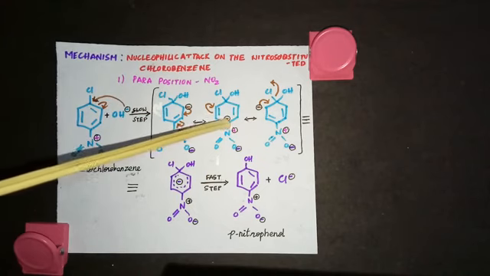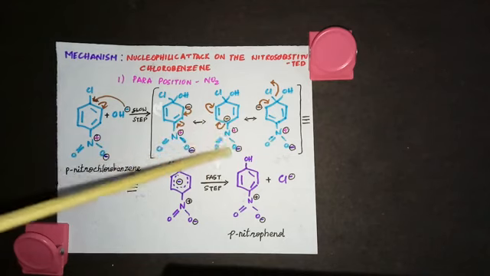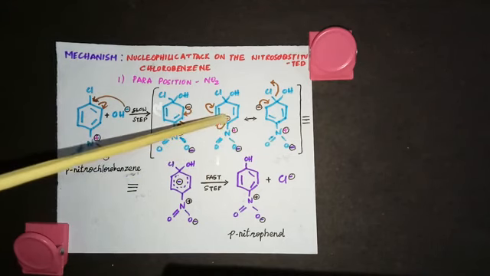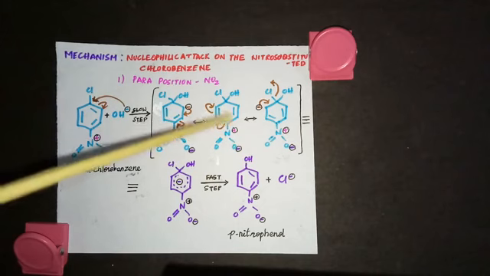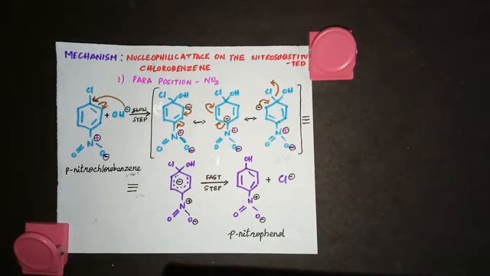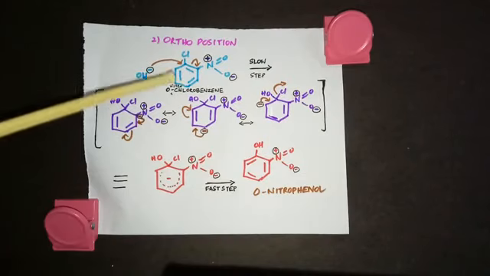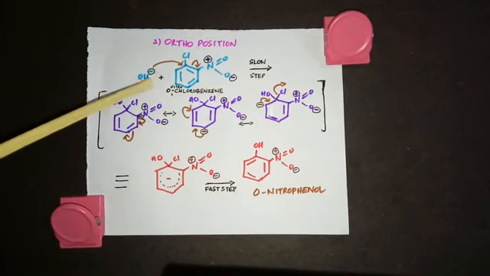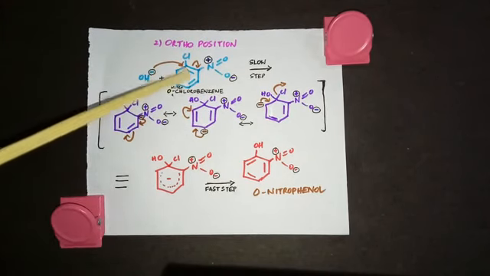Now look at this structure. Here, this is the carbon to which the nitro group is attached. It carries a negative charge. So remember this. I will tell you why I told you to note this down. Now we'll move to the ortho position, where the electron withdrawing group will be present in the ortho position of chlorobenzene. Now this is